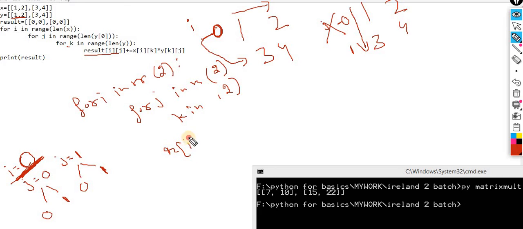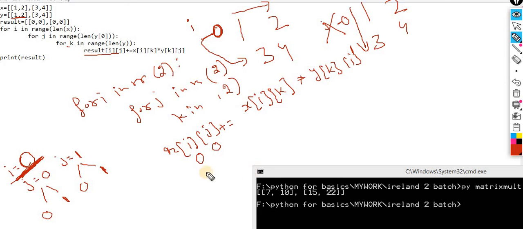The I value and J value. What is the I value? That is the 0. What is the J value? That is the 0. Okay, now what are you supposed to use? I of K, and this one multiply by this. Okay, multiply by this, and this multiply by this.